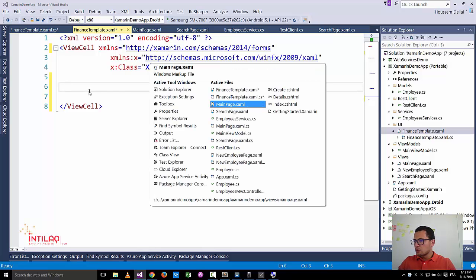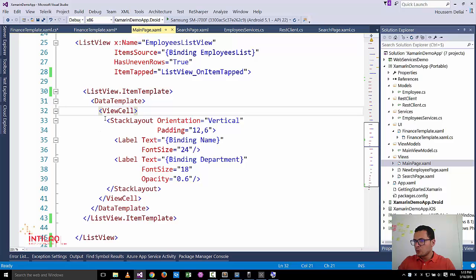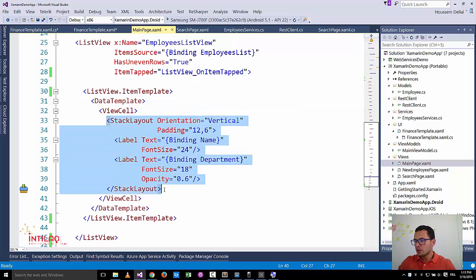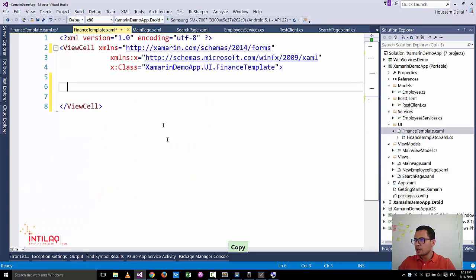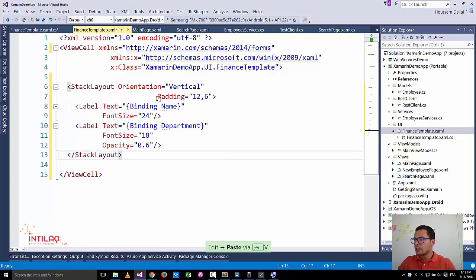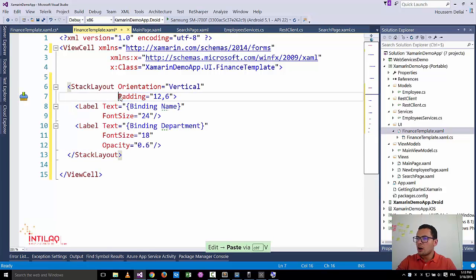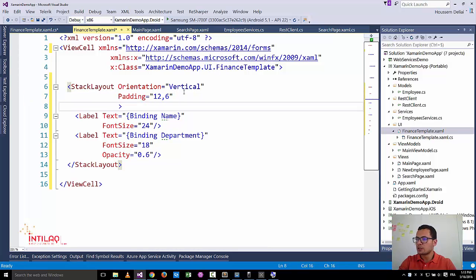So I'll go to my main page and reuse this same code here, which has the stack layout in it. Let's copy it and reuse that code and change some other properties here. So let's say, for example, that my stack layout here will have a background color. Let's choose one of these colors. And here, by the way, if